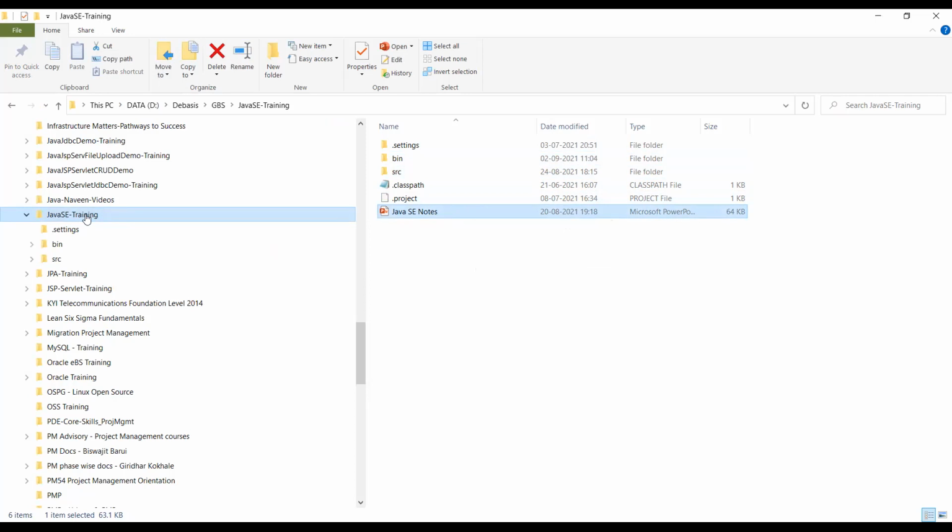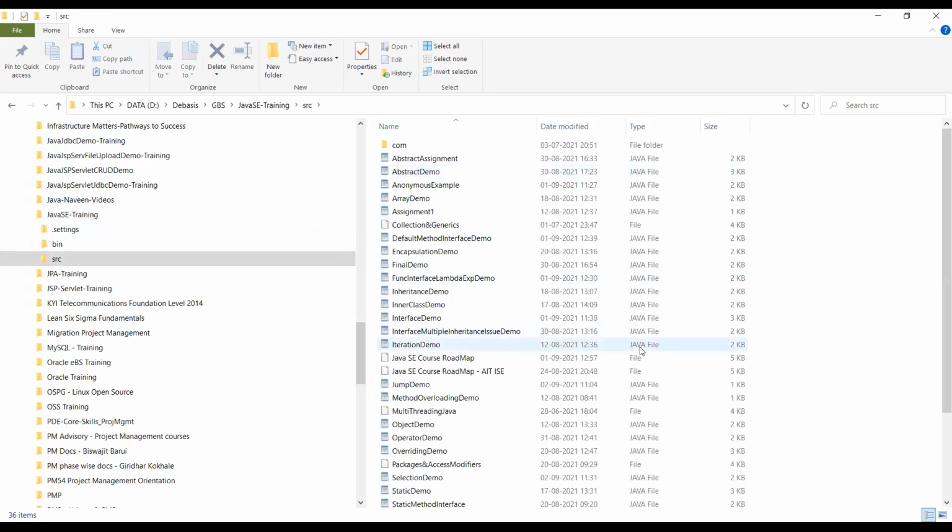Now I have given the project name Devashish Java Core. That is the project name. I will tell you how to create projects and all the stuff in the IDE, in Eclipse. But right now I'm not doing that because I'm assuming that you already know that. Anyway, here you see there is a folder called source. I have not mentioned package. Now I'm trying to work with an iteration demo